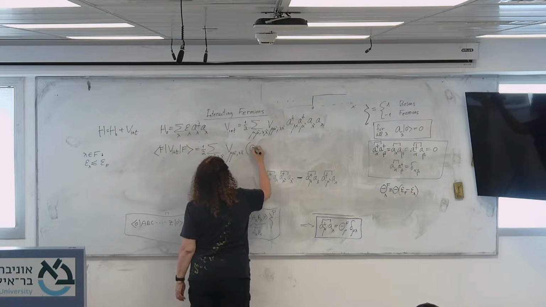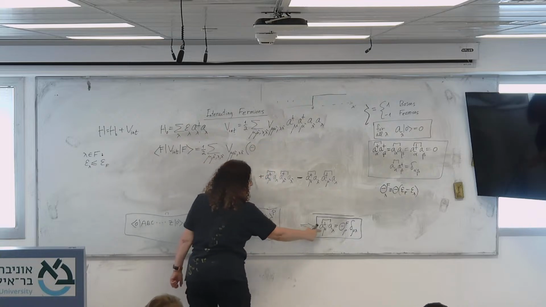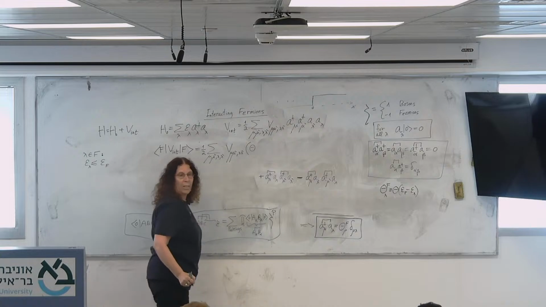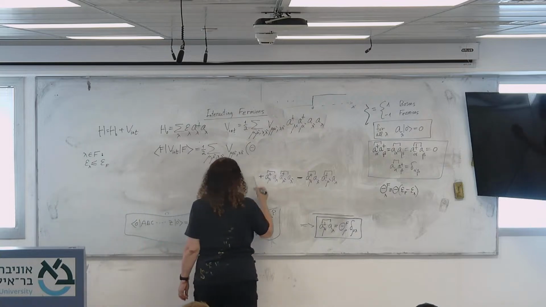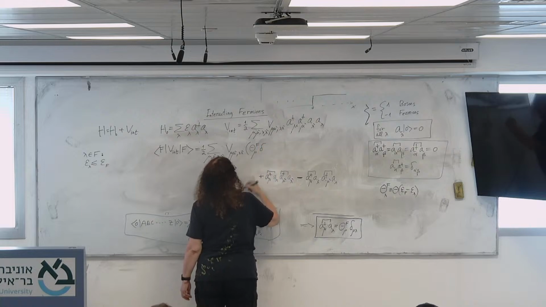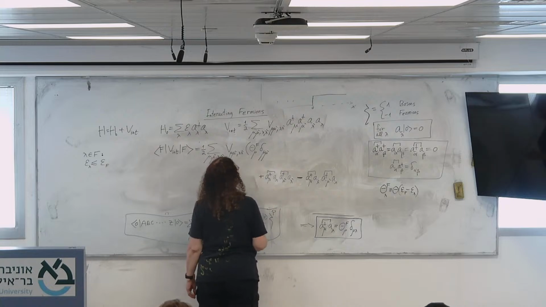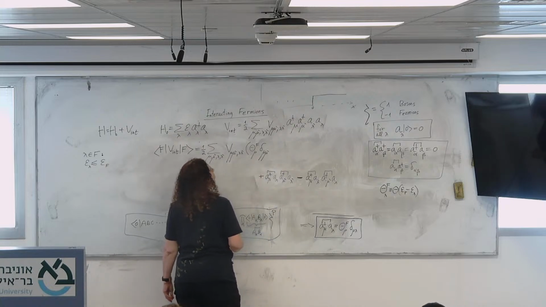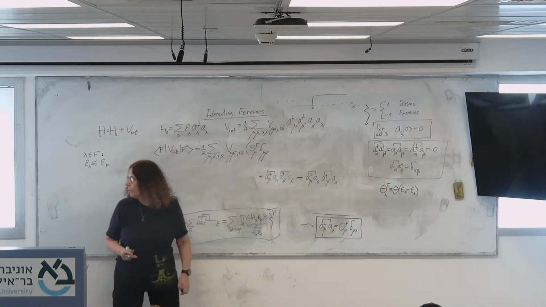The first one will give me a theta, I'm just plugging in the result, theta of mu delta mu lambda, sorry,